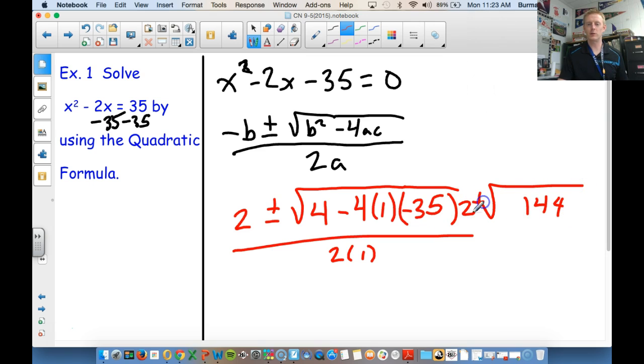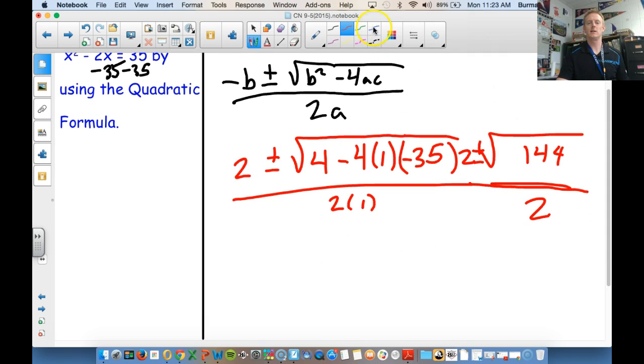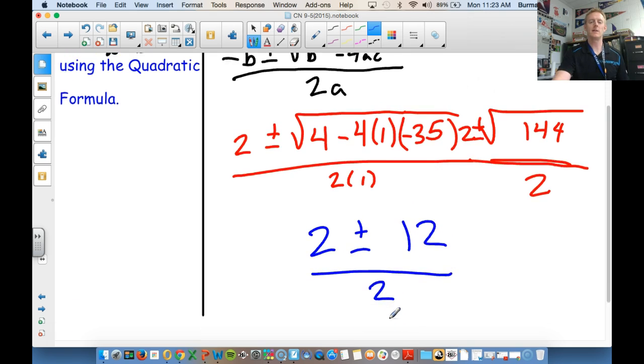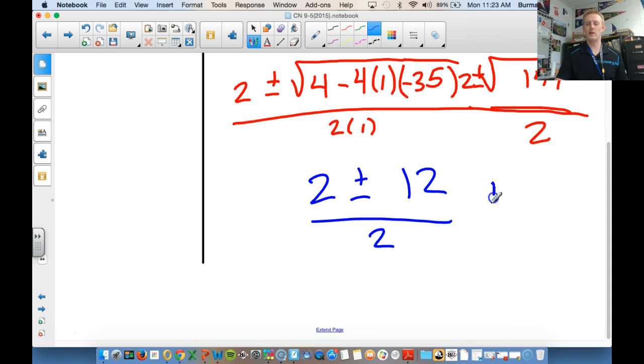So we have 2 plus or minus the square root of 144 divided by 2. So that simplifies into a 2 plus or minus 12 divided by 2. And again, that's two situations. So we're going to have a 2 plus 12 divided by 2,